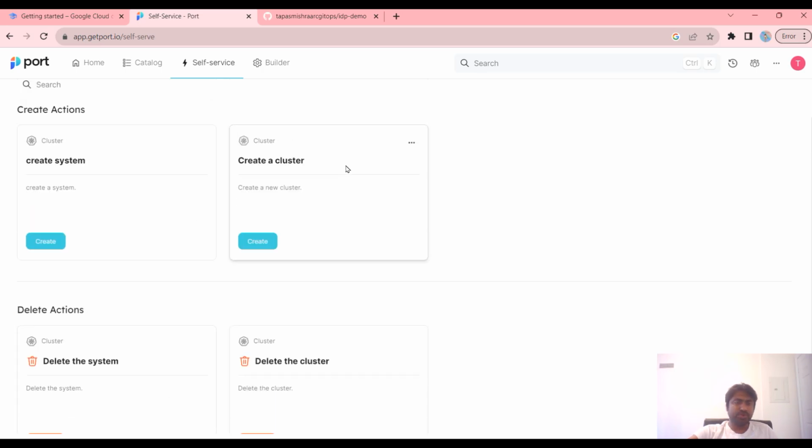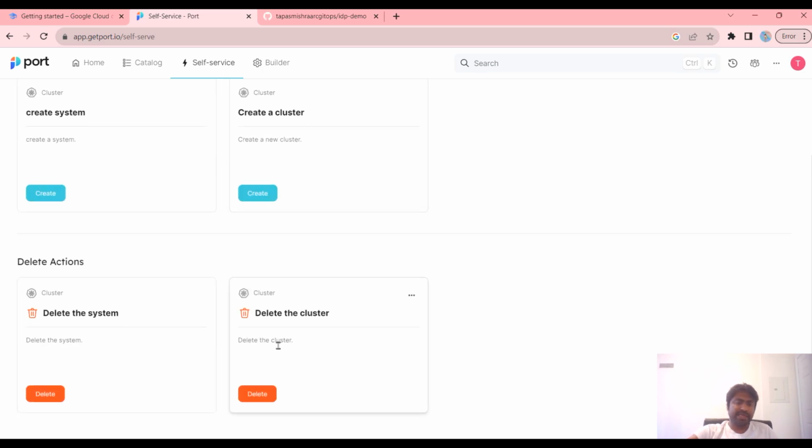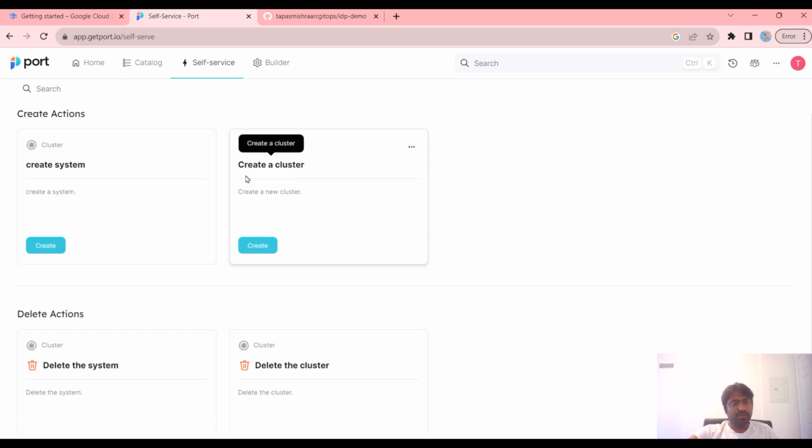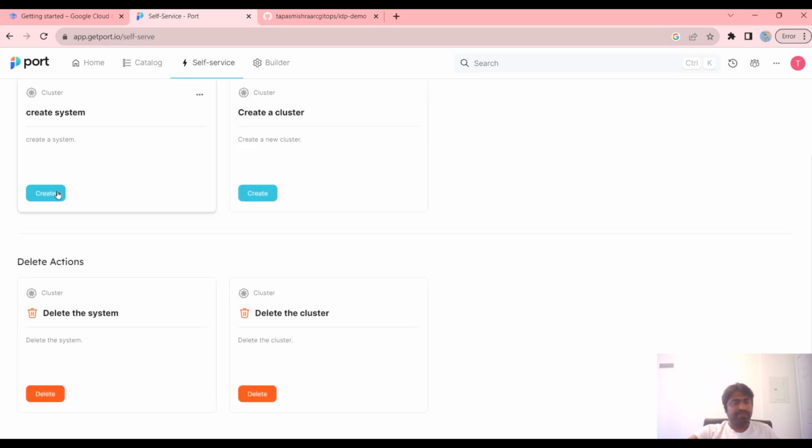Okay, earlier I showed you creating a cluster and deleting a cluster using my Argo CD and Crossplane control plane. And now what we are going to do is create one system. So a system is one environment, which is one namespace, a logical isolation, and once that namespace has been created, it will also deploy the workload in the same namespace. Okay. So now,